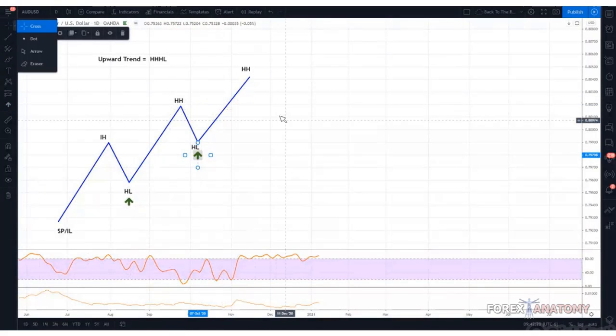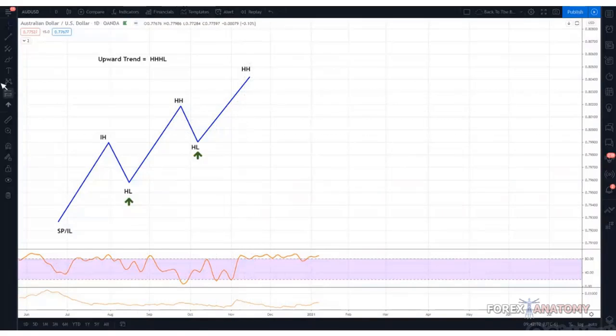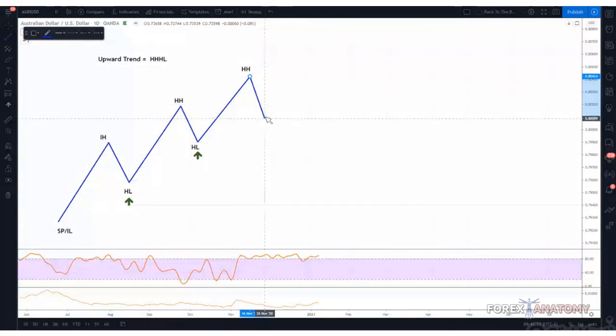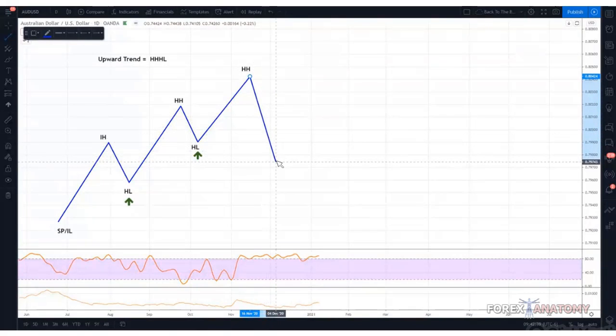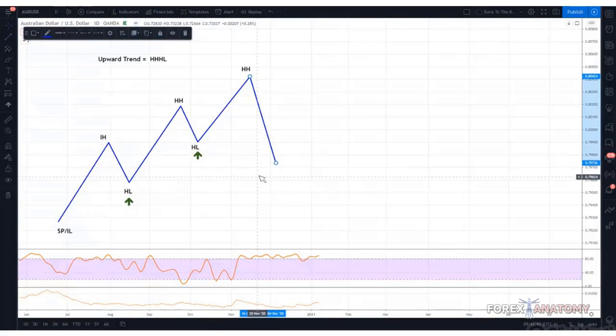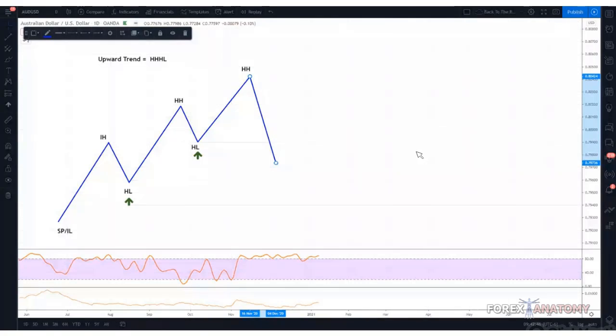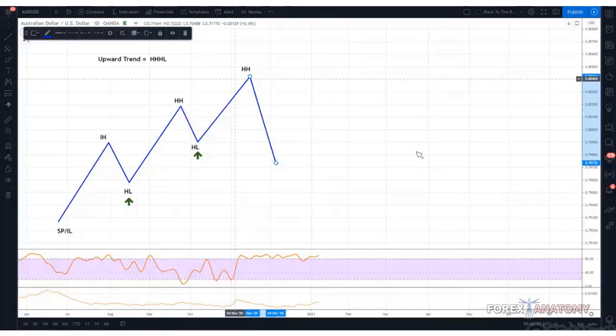Okay, so let's just assume that something happens, and all of a sudden price does something like this. So in this case, what do we have right now? Because right now it seems like it's not as clean and not as clear what is going on. Whenever we do see something like this, where price goes down and forms something,